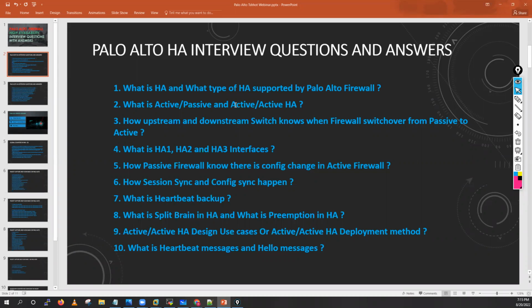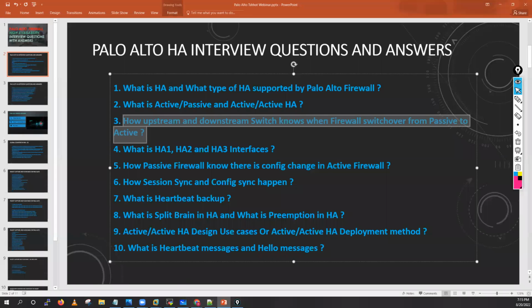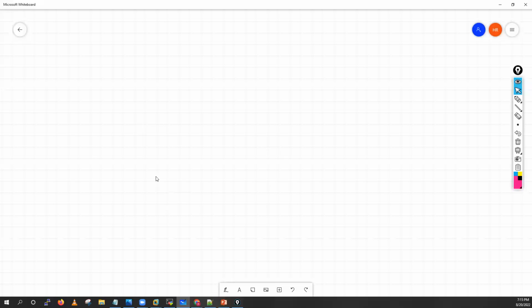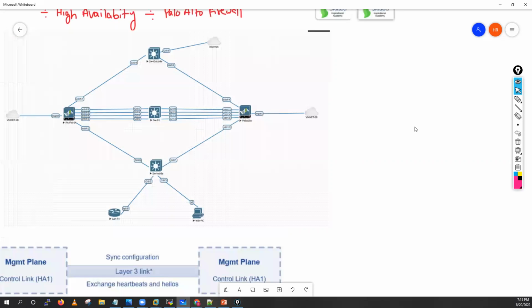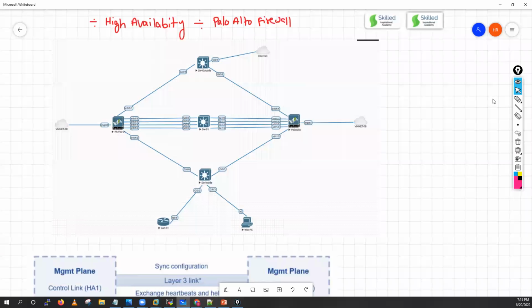Now let me go here. What is active-passive and active-active? I have explained this also. Now let me go here. Let's suppose we have this particular environment: how do upstream and downstream switches know when the firewall switches over from the passive to the active unit? So let me go back to my topology. In this topology, let's suppose this device is